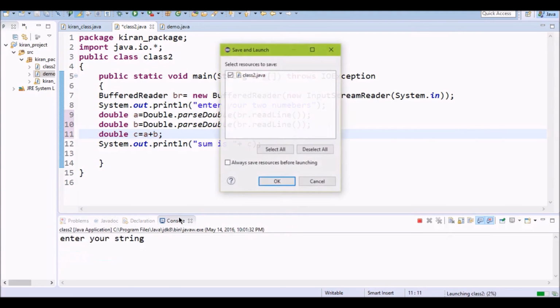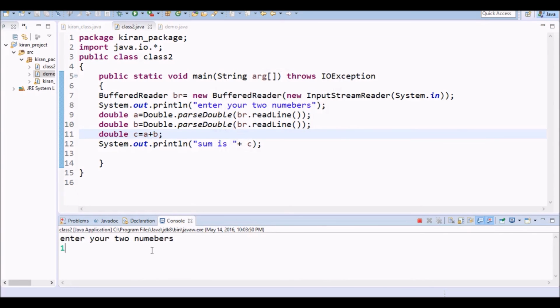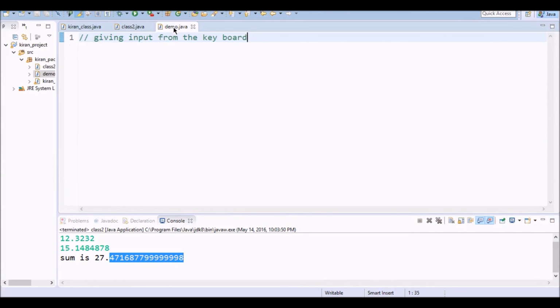Again now we will execute it. 11.23, 12 point, sorry, 15 point something. Now see here, it is showing more values after the decimal point.